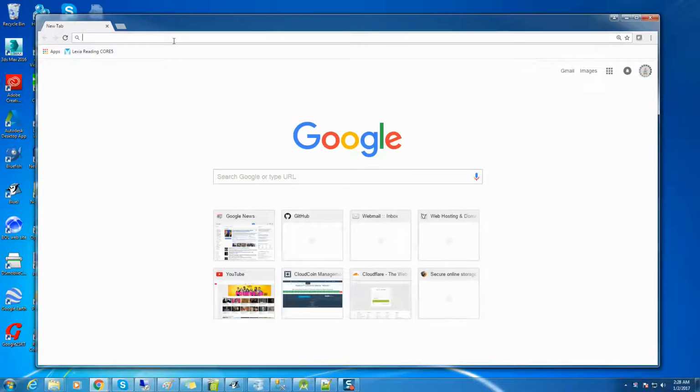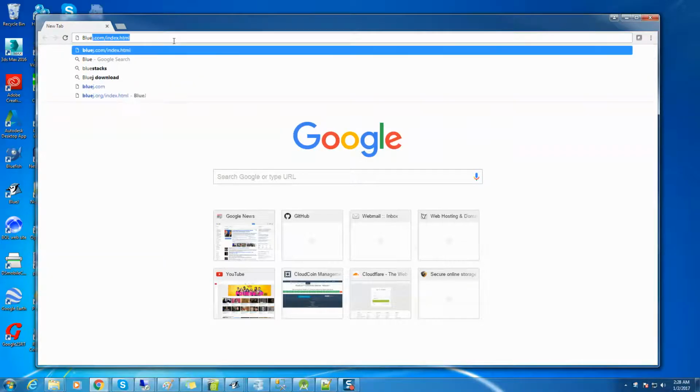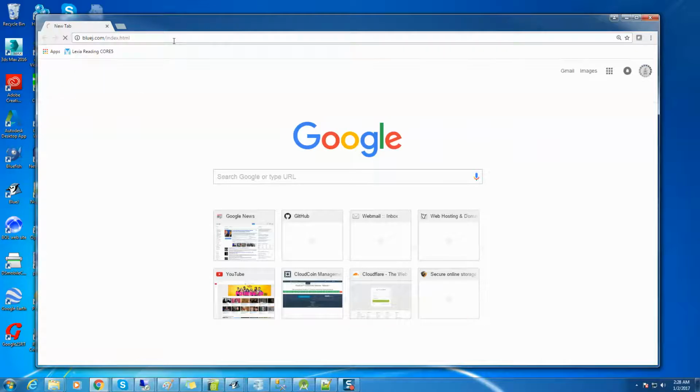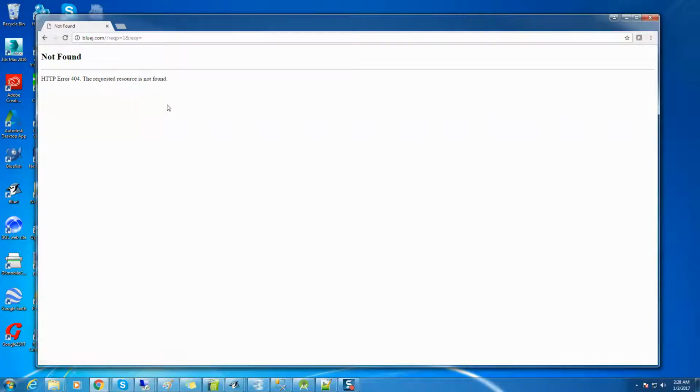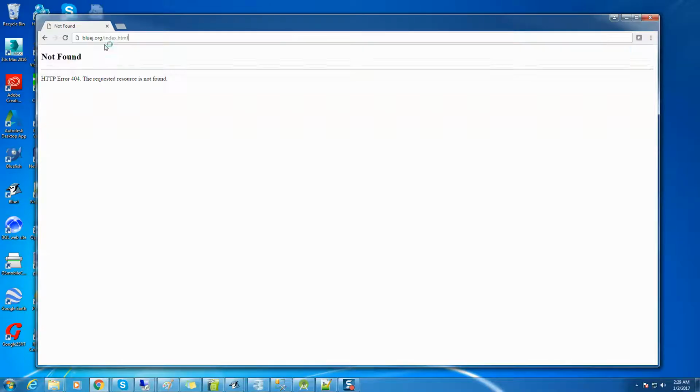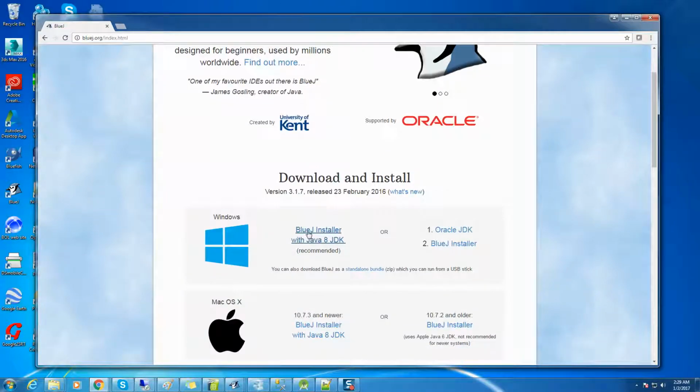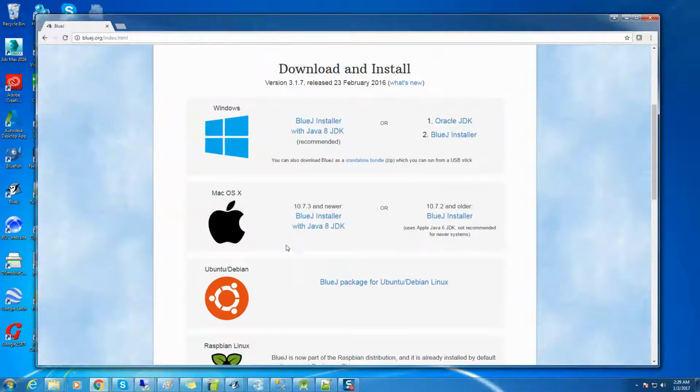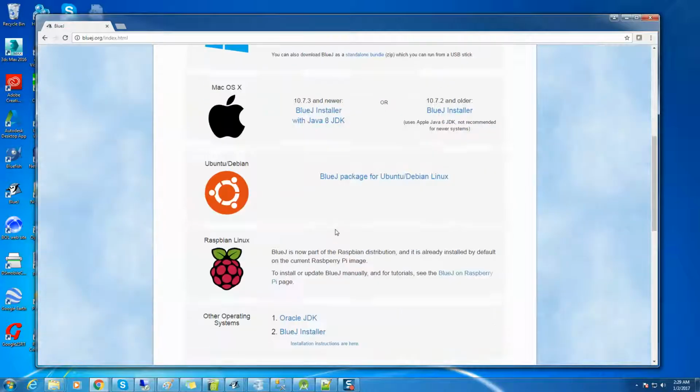In order to install the Bluej program, you'll want to go to bluej.com/index.html, and you'll need this to make this work unless you're good with Java. Oh, let me see. I'm sorry, it's not bluej.com. It's bluej.org/index.html. All right, so then here you download the Windows or the Mac or the Linux or even Raspberry, so it